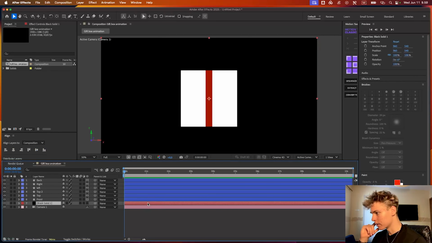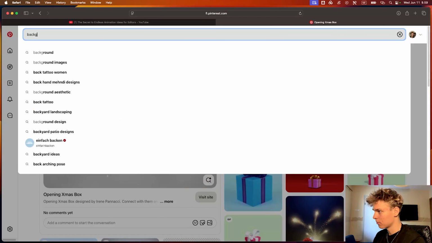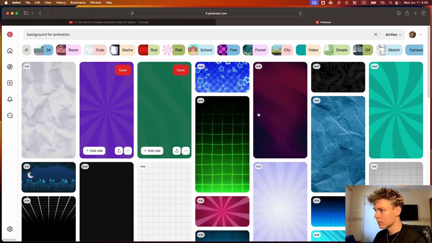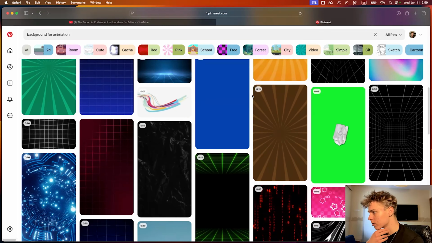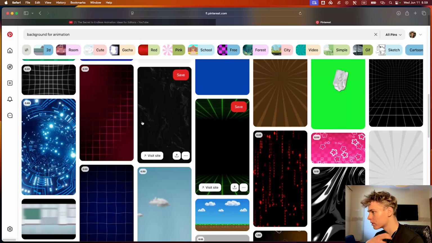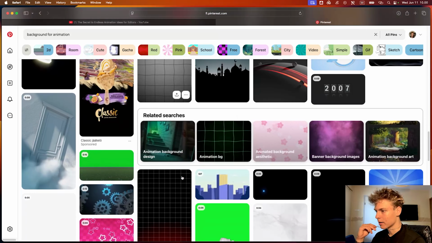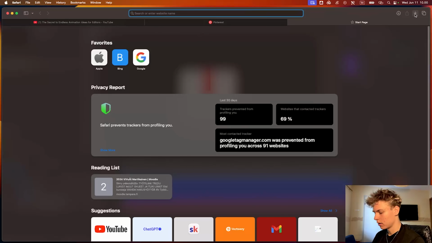And this doesn't have to be 3D. So our box is white and red. The background, I think it should be some type of black and red maybe. Again, we can always go to Pinterest and search background for animation. And we can see if there's something that we kind of like over here. If we just scroll around for a bit, maybe using a grid would be interesting, but maybe not. Actually, now that I think about it, maybe it should be completely black, using the style of, hold on, if I just check